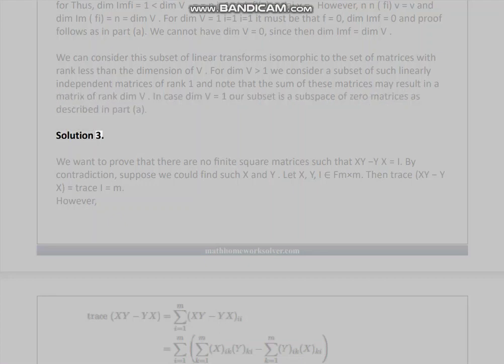Solution 3. We want to prove that there are no finite square matrices such that xy minus yx equals I. By contradiction, suppose we could find such x and y. Let x, y be m times m. Then trace(xy minus yx) equals trace I equals m. However,